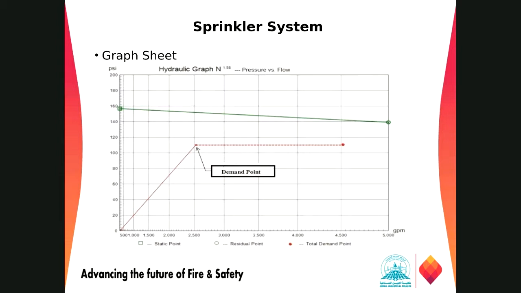So this is the demand point by, let's say, a deluge system. This graph is from one of the projects which was for a deluge system. So this is our demand for the deluge system, around 2500 GPM, and then we have the total demand, this one. The red dotted line is the manual allowance for monitors or hydrants. So the fixed fire protection system plus the manual fire protection system, combining those two, we have to meet this requirement.